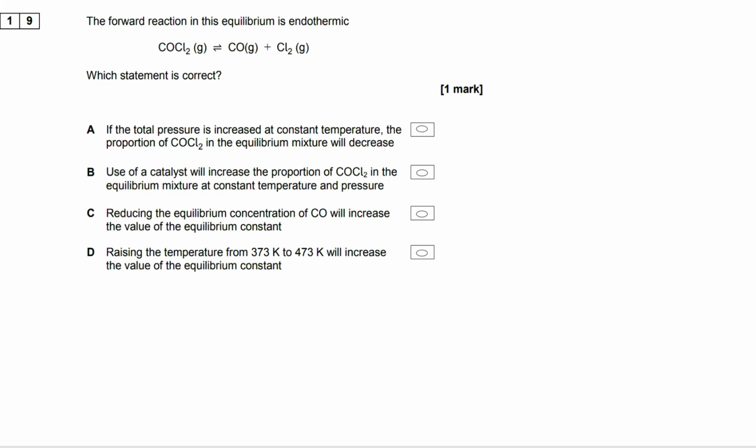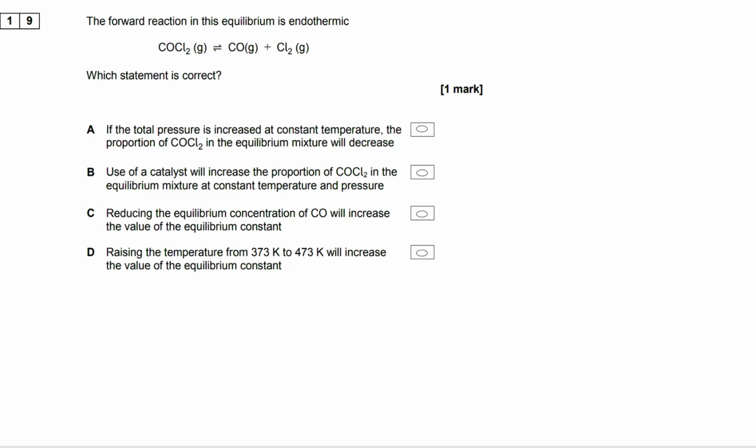This is an AS multiple choice question, and we are looking at reversible reactions and dynamic equilibrium. So we need to go through all of the information carefully. We know the forward reaction is endothermic. We know that we start with 1 mole and we end up making 2 moles on the forward reaction. And that might well be useful as we begin to evaluate the 4 different options, only one of which can